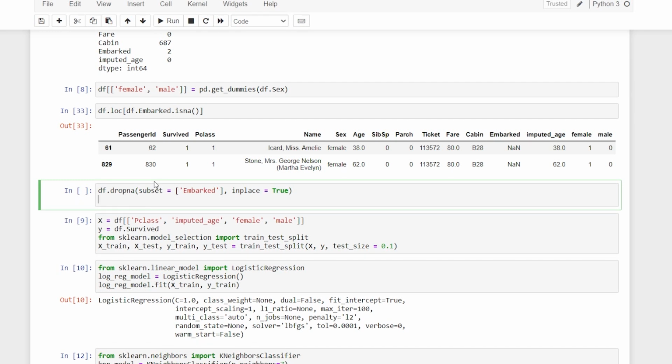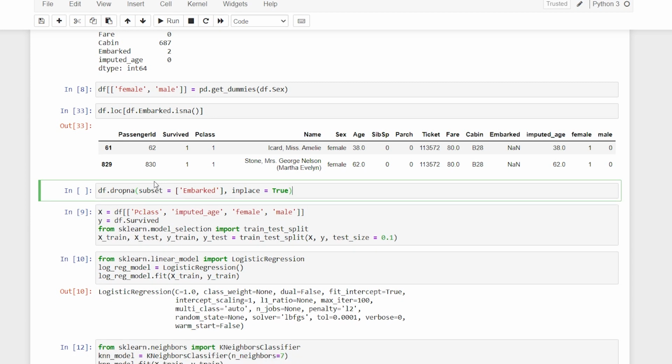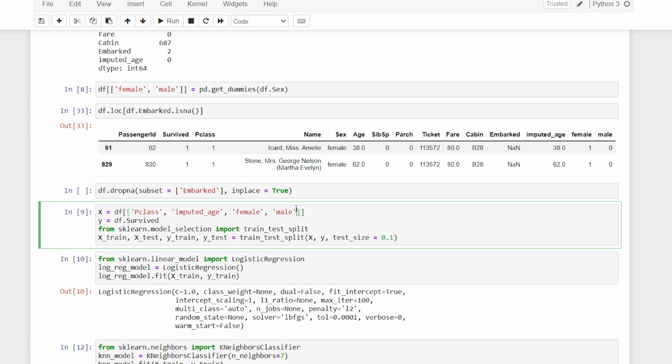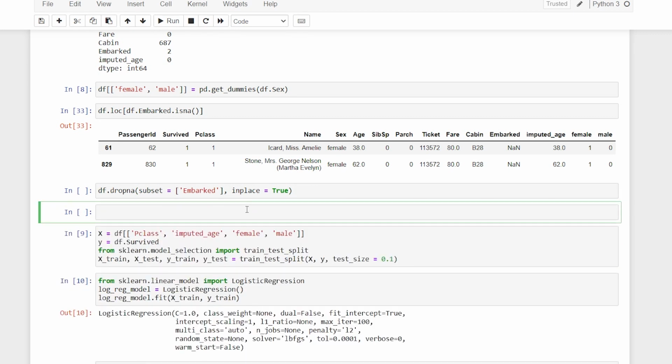And now what I want to do is include the embarked over here, but that is not the case. I actually even want to label encode it. Even though I get rid of the nan values, I want to label encode it, because that is also very crucial. How could I ever forget that?